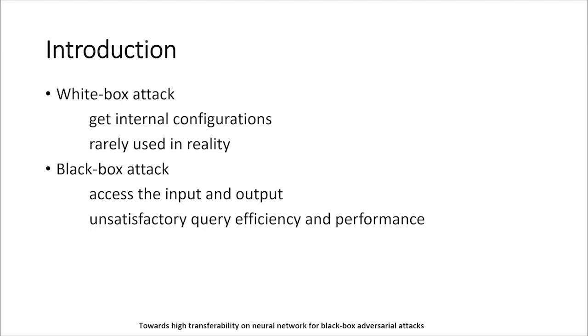White box attacks assume that they can get the structure and parameter information of the targeted model to obtain its gradient. Unfortunately, most real-world systems do not release their internal config, including network structure and weights. So white box attacks can't be used in practice. Throughout this paper, we consider a practical black box attack setting where one can access the input and corresponding output, but not the internal config.